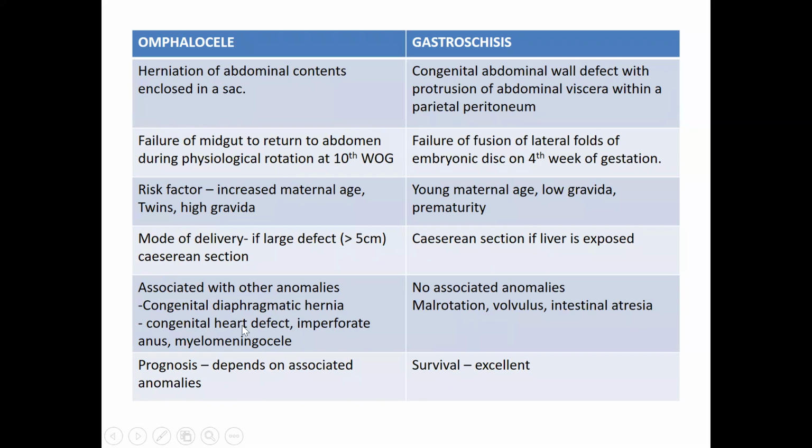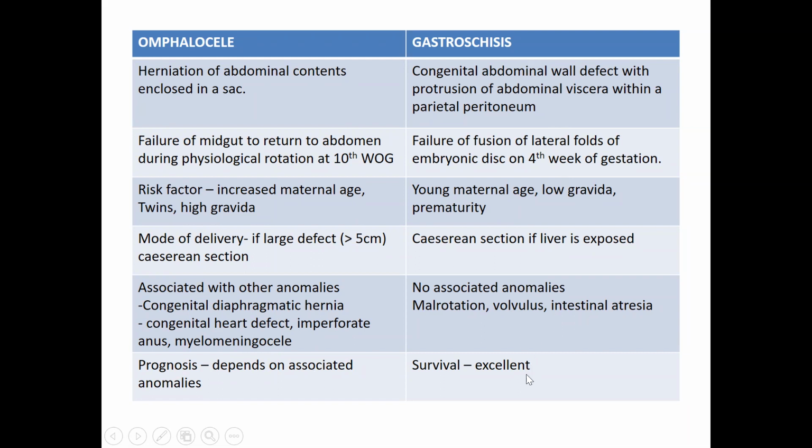If it is associated with a major anomaly like meningomyelocele, what happens then? The future is very dark. They cannot do anything with meningomyelocele. Both limbs will be paralyzed for the whole life. They have to depend on a wheelchair. There will be stool and urine incontinence. So the prognosis is very bad in this condition as well.